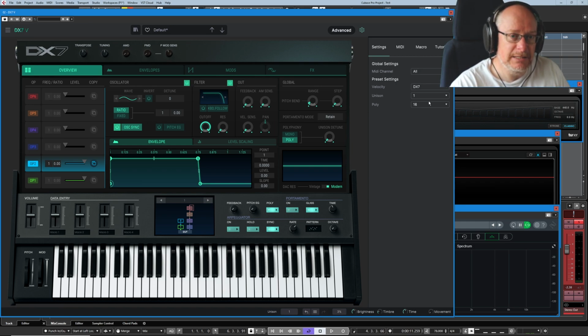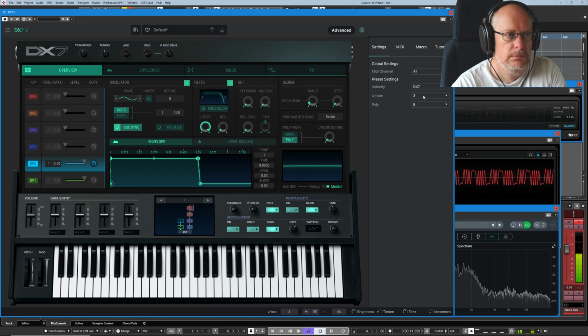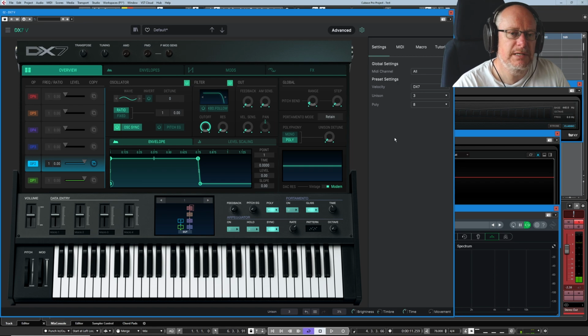Unison is one of the hidden gems of synthesizers. Get used to using this. It's a heavy CPU burden because the synth is now generating 3 times more sounds. I'll play a single note, and on 1, it's just louder. But the really majestic thing about unison comes when you start detuning each of the voices, and unison detune is this control here. The moment I introduce any amount of detune to those 3 voices,